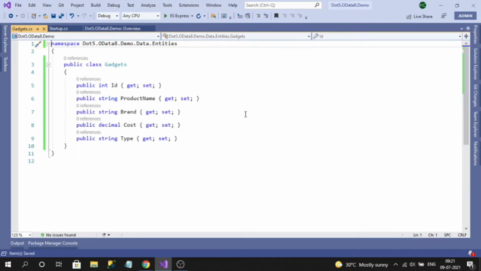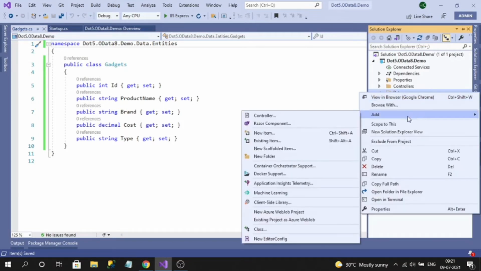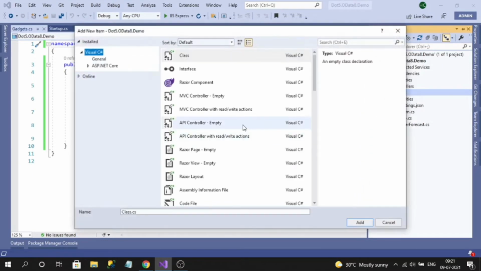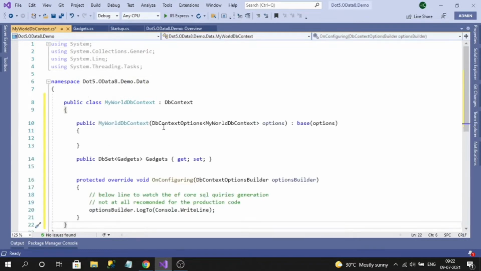Now next, I need to create my DB context. So let's create my DB context class. So what I will do, I will create it inside of the Data folder. To save some time, let me copy it from my code snippet.